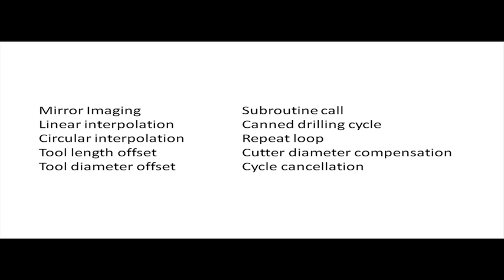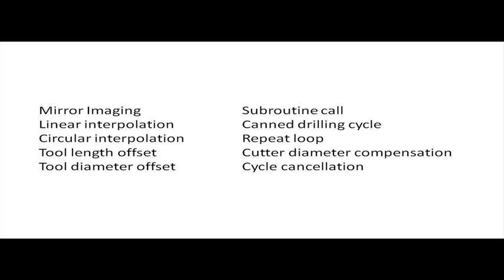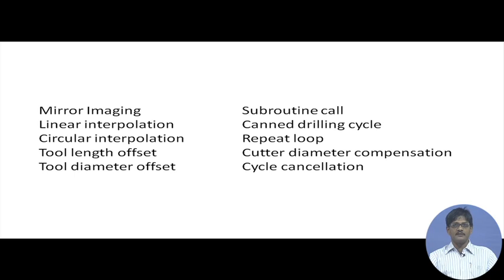So, in this way we also have tool diameter offset. That means, if the tool diameter is a certain value, we mention that to the machine, so that if a milling operation is to be carried out, the machine can decide where to place the tool, so that the correct geometry is machined out. Subroutine call, as we discussed, when we cluster a number of commands in a separate program, we can give a call to it maybe several times in a program in order to execute it.